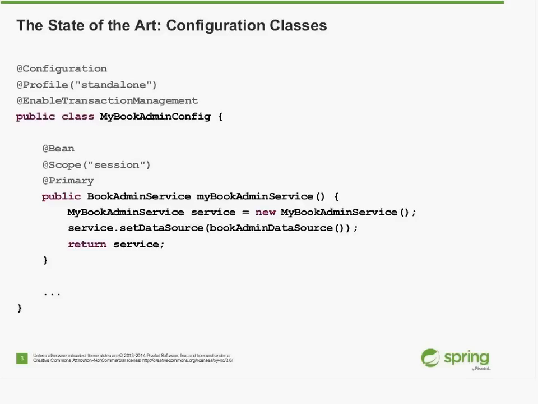The primary basically says if there is any other book admin service implementation, any other bean implementing book admin service at runtime in the container, if in doubt, choose me. I am the primary candidate. So those kinds of things you can express using annotations in the modern day Spring component model, and particularly interesting